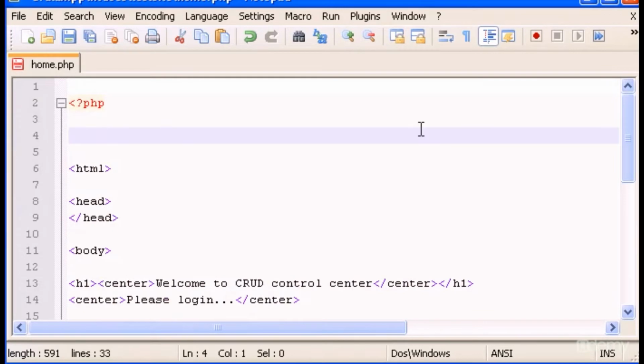And here I'm going to type if, parentheses, and inside the parentheses I'm going to type isset, parentheses again,